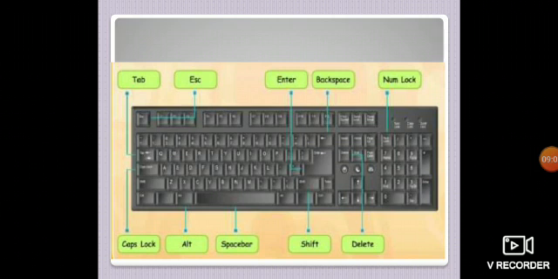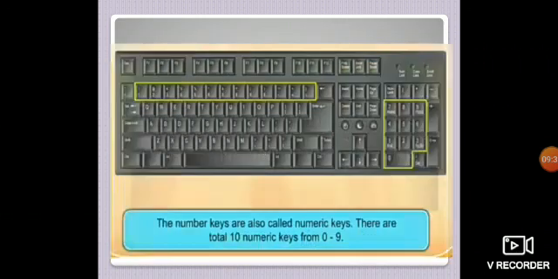Caps lock key. I think you all know the function of caps lock. The caps is used to give capital letters, so caps lock is used to change the case of the letters and words. If I am writing something in small letters, I will write in that. If I want to write my words in capital letters, I will click on caps lock. Now let us move to the next part.